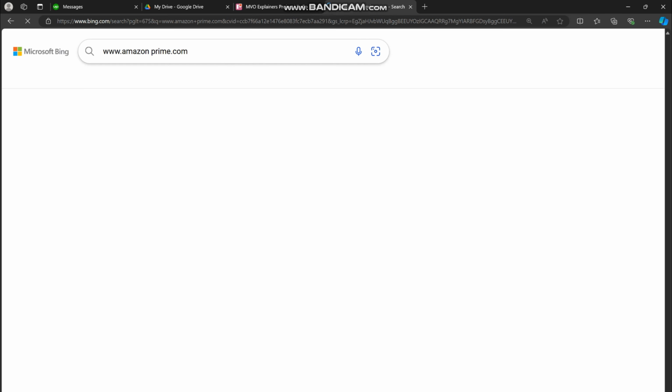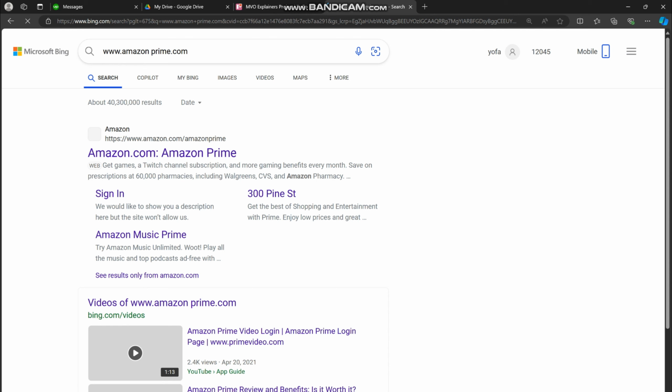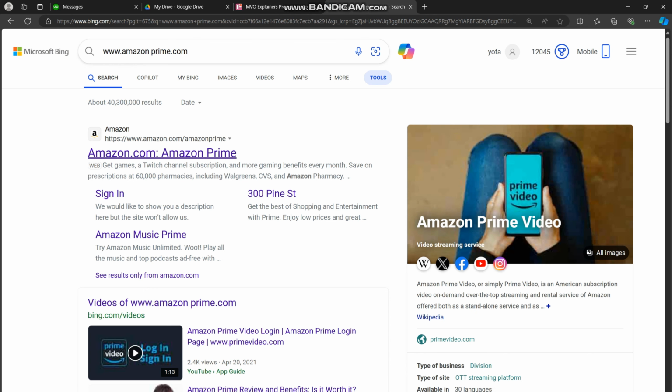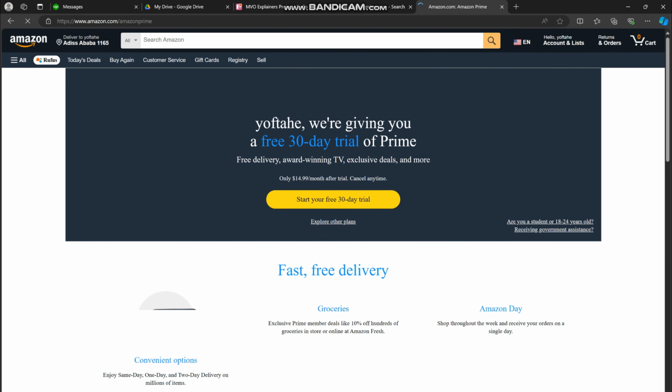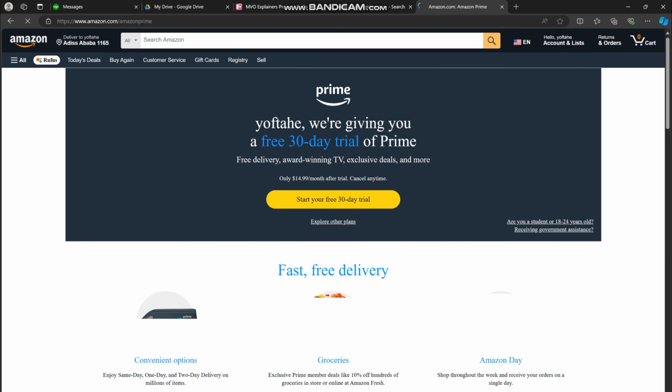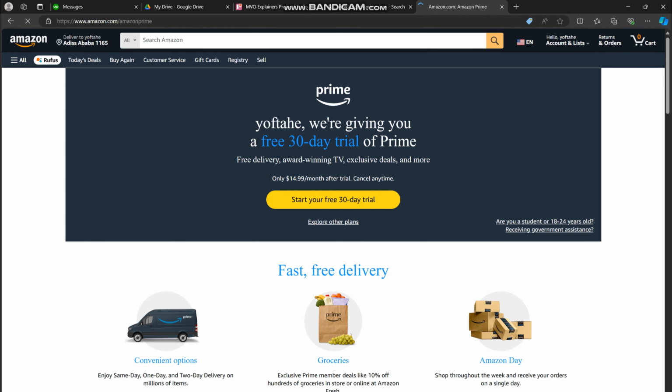If you have not created an account for Amazon.com, first make sure you do. Once you have it, simply log into your Amazon account by typing in www.amazon.com, press enter on your keyboard and make sure that you're logged in. Once you're logged in to your Amazon account, you can simply access Amazon